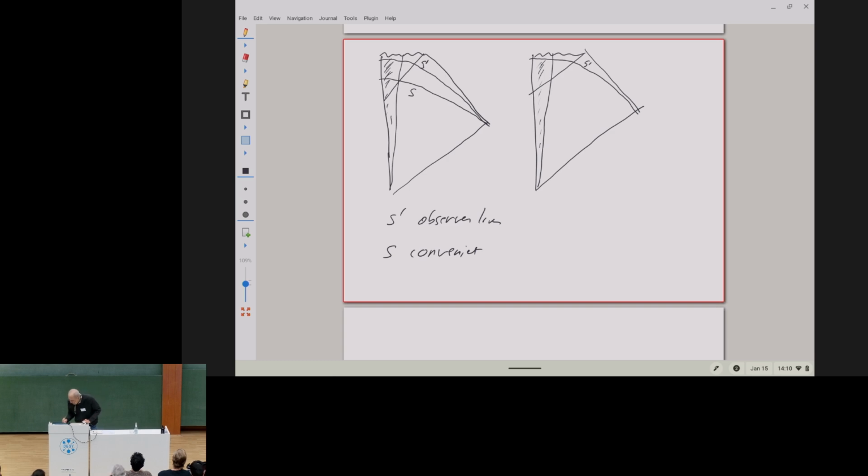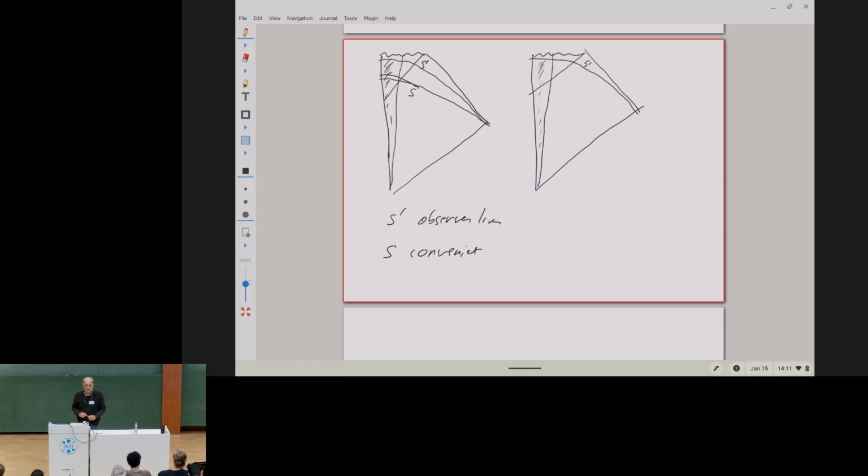Actually, I didn't draw it quite well enough. It's convenient because it crosses the horizon outside of the star. I didn't quite draw that properly. And it's supposed to cross the horizon enough after the collapsing star so that along S, things have settled down. Now,